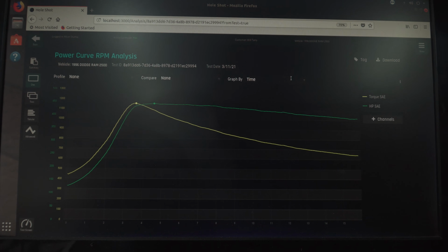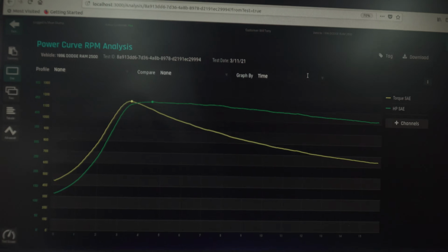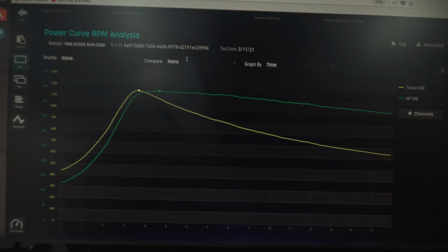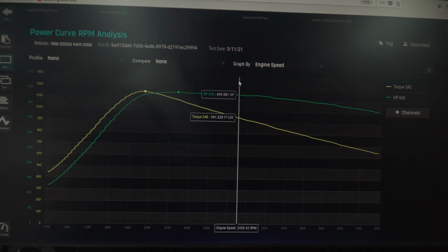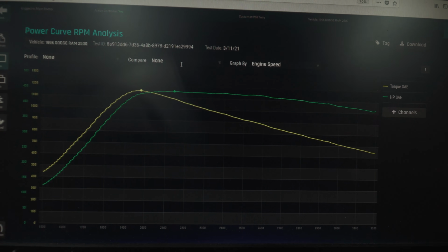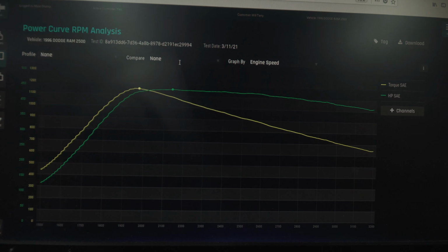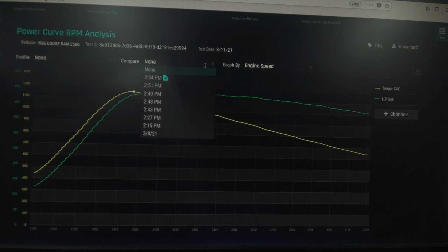Got it. So first thing I noticed, it only took about 15 seconds to do the run. More power. So I had to have made more power. Graph by engine speed. Look how much flatter that is. It carried it way better. I'll be curious when you overlay it, to see how much better it is at the top end. Okay, and we're going to compare this to...